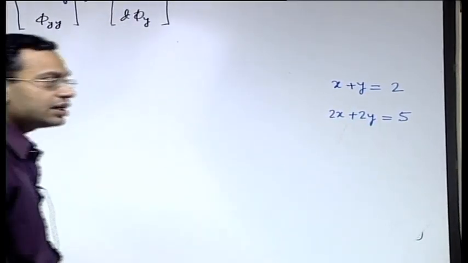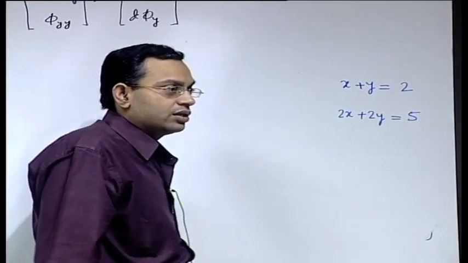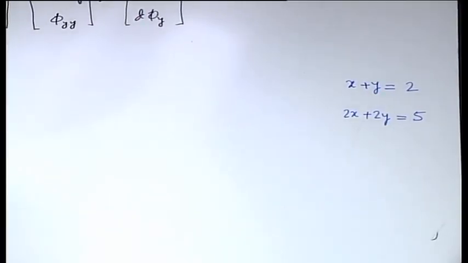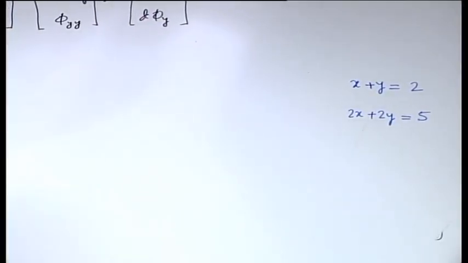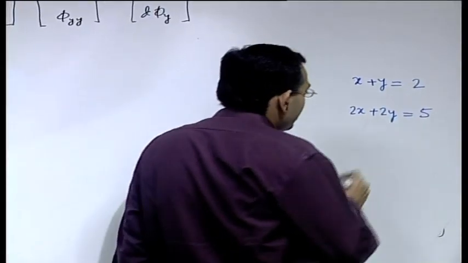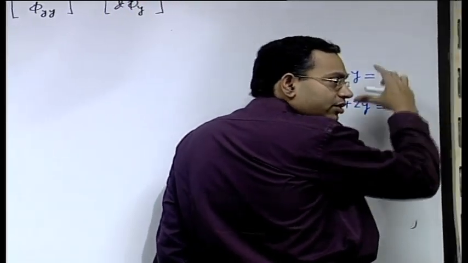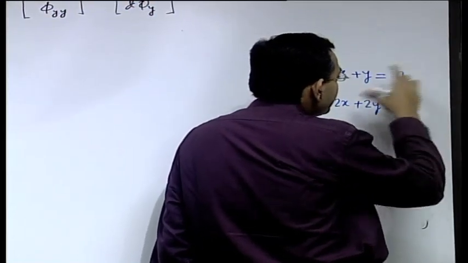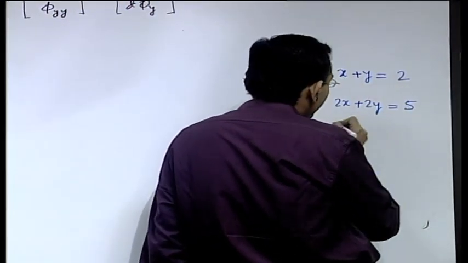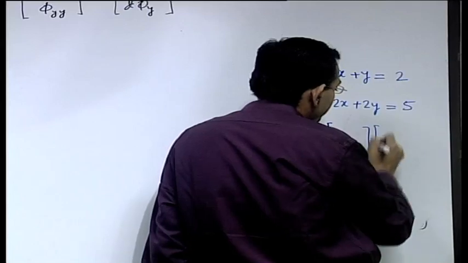So, what will be the nature of the solution of these? Solution will not exist, right. So, how can we assess that the solution does not exist in a more formal way? Here of course by visual inspection we can do that, but this visual inspection gives us a clue. What kind of clue? If we write it in a matrix form,